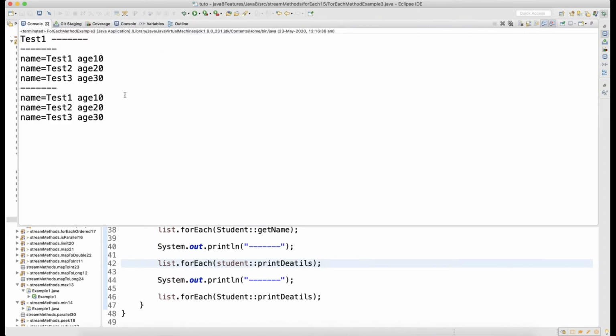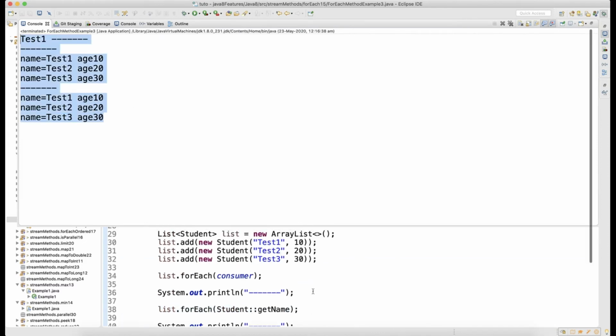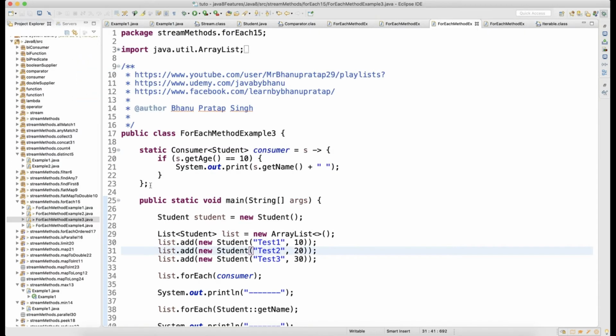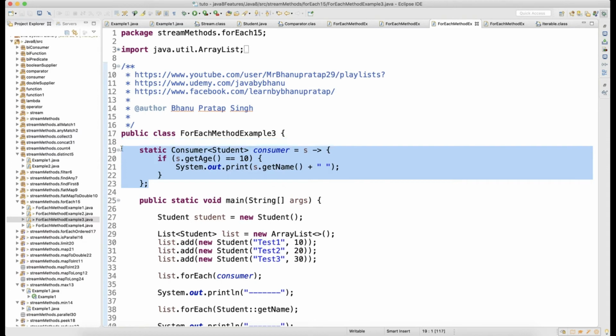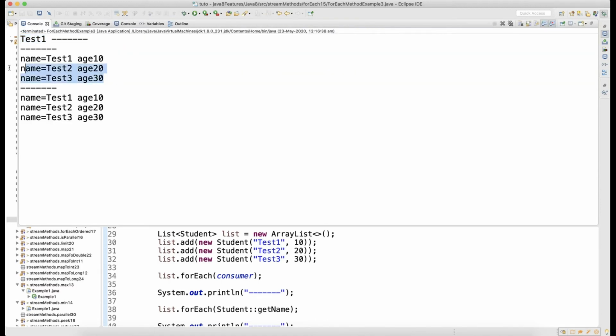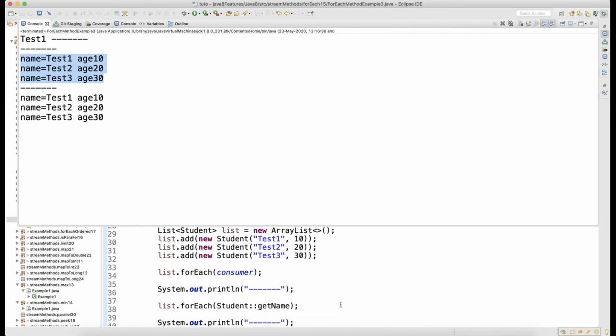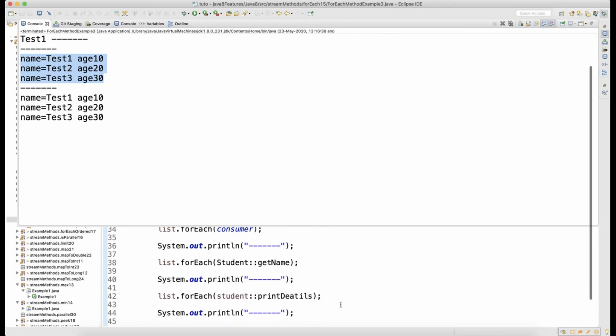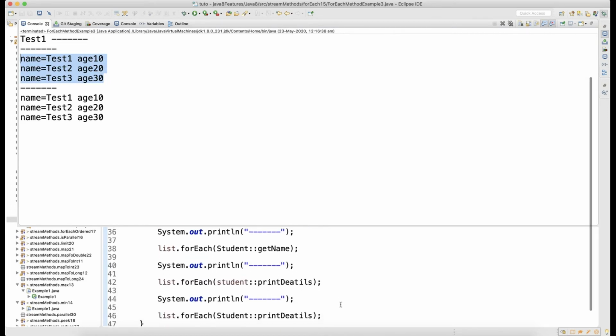When I run this, you can see that nicely all the data got printed. So if you look at the first one, I have only test one, right? The reason is that there is only one age, which is 10, and I'm printing the name for that. So there is only one age, which is 10, right? The second one, what happens is I'm just processing the data. Yes, it is getting processed based on the name.